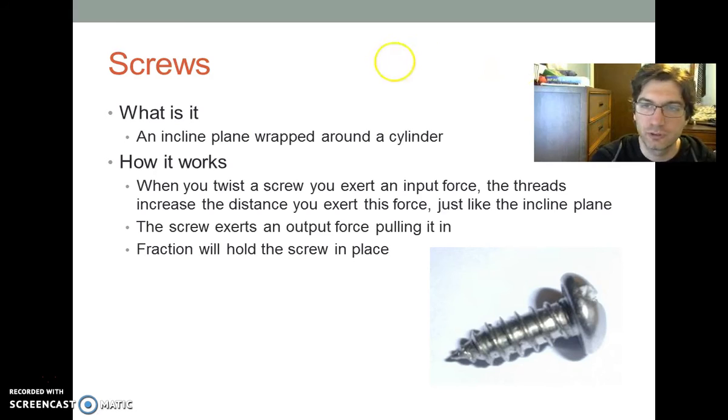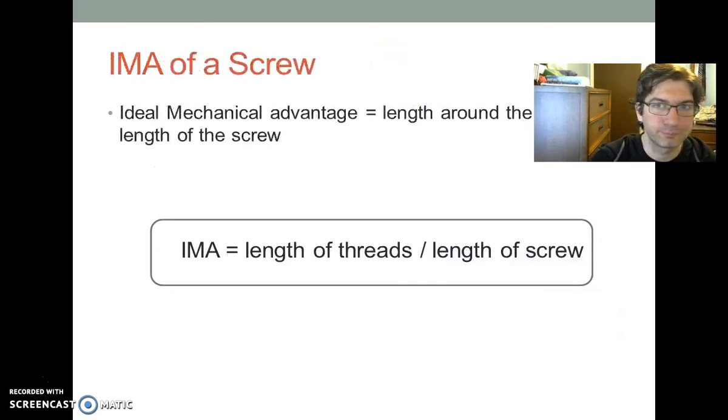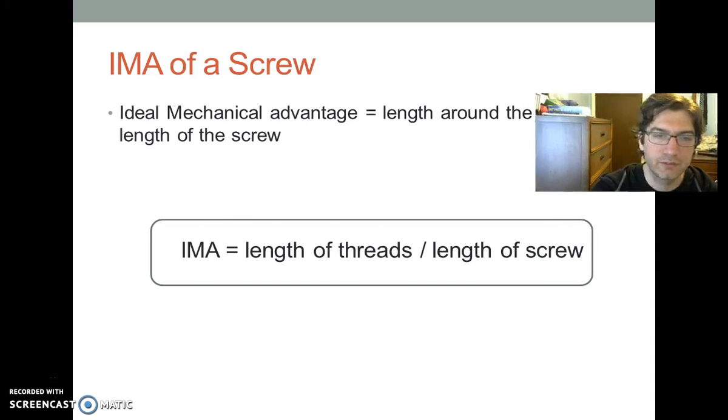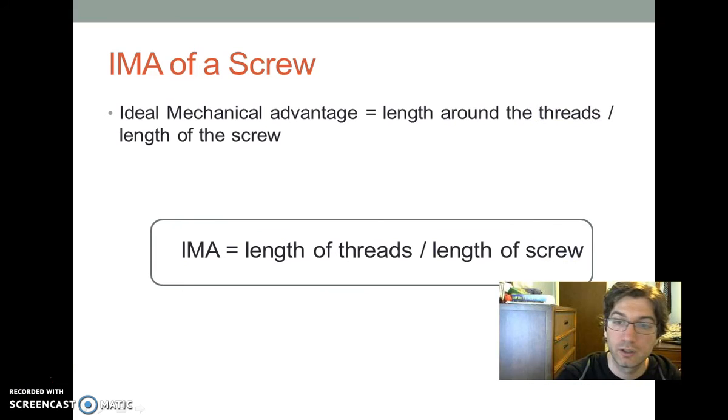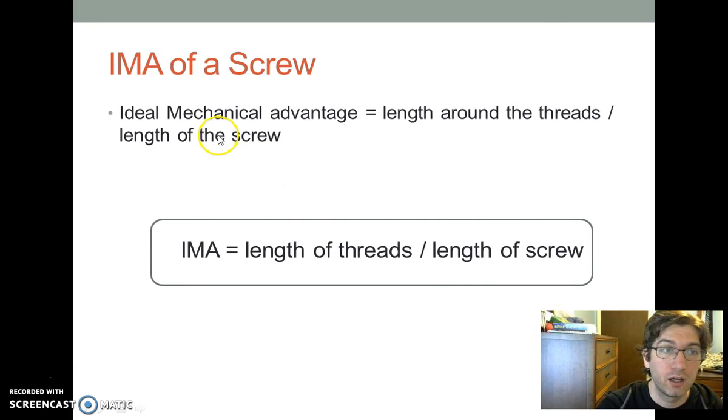This is why screws are used more than nails, because it has a better friction and it stays in place more. The ideal mechanical advantage of a screw, my face left. All right, there we go. Got my face back. Sorry about that. Our ideal mechanical advantage of a screw is going to be the length around the threads versus the length of